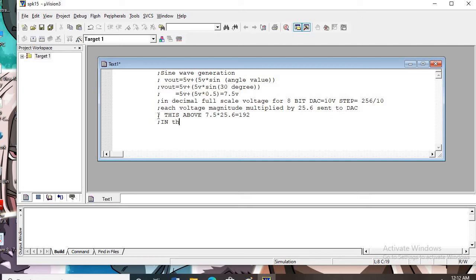In this manner, prepare the lookup table.